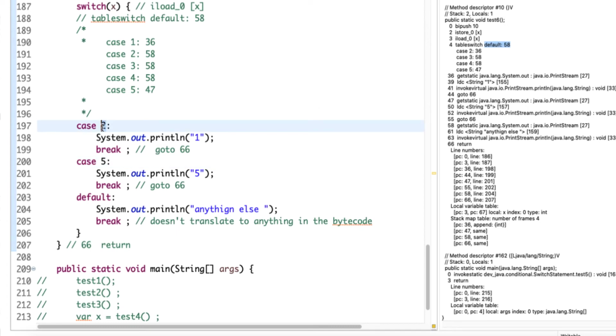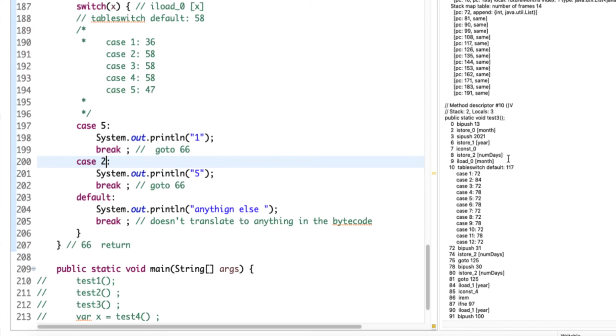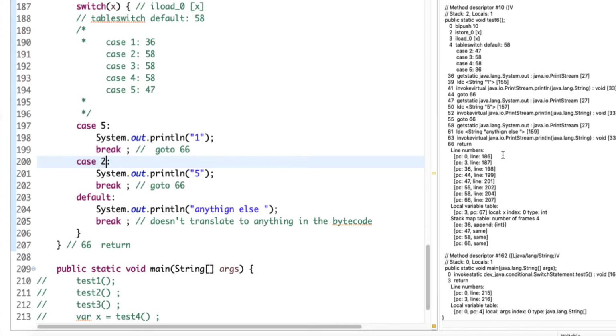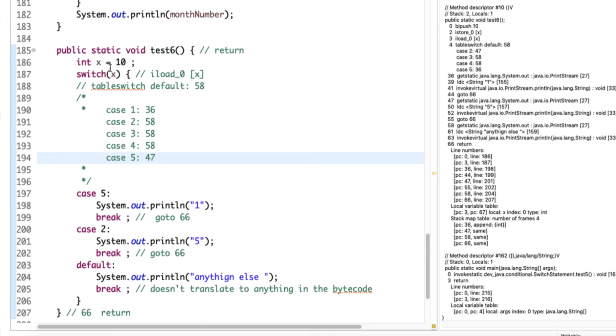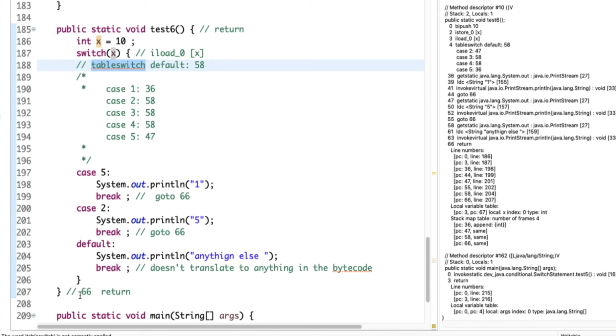So what if we have 5 coming first and then 2 coming later? Let's see if the compiler still does, yeah, it still writes case 2, 3, 4, 5, right? So 1, 2, 3, 4, 5 are special for integer, and that's because the bytecode is table switch. Now this bytecode instruction for the switch actually changes if you